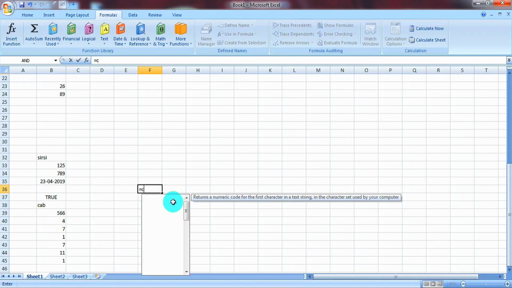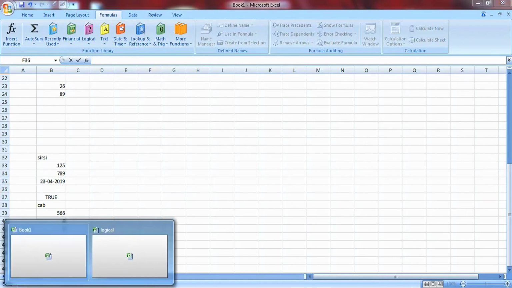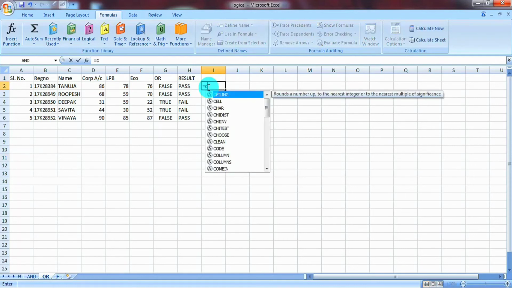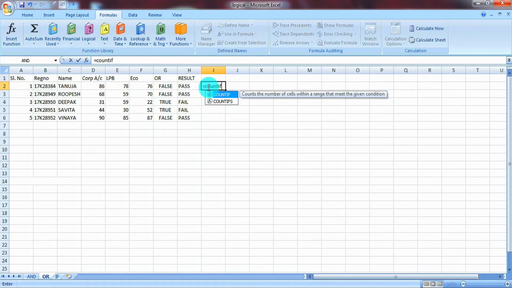For example, now let us consider the previous example, student mark sheet. Here I want to count the number of passed and failed students. For that, the COUNTIF function should be written as COUNTIF, then range. I want to check the condition on the result column only, therefore range is H2 to H6.